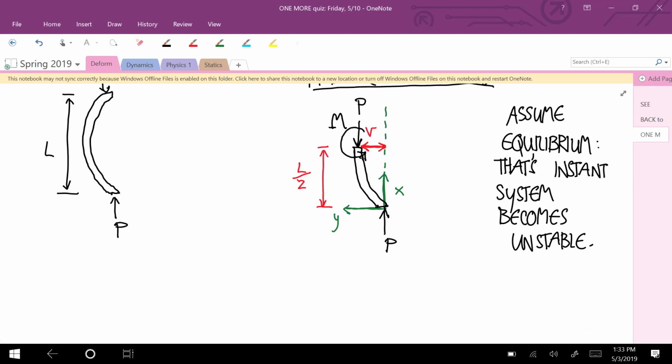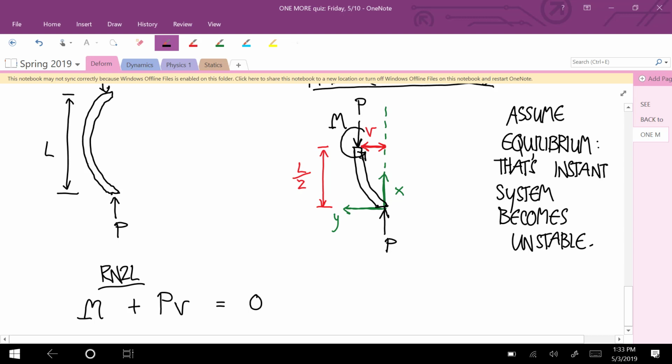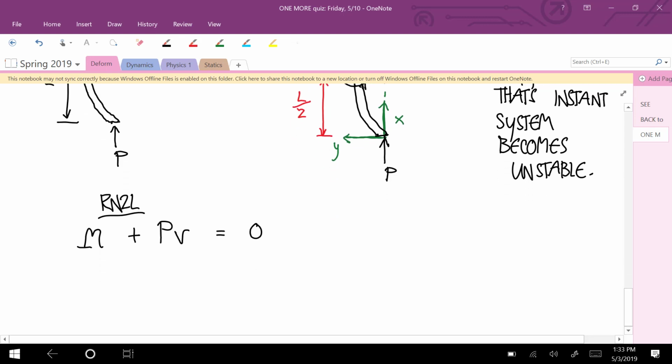And so rotational Newton's second law says the couple plus the force times the deflection is equal to 0. Okay, so now we have two variables in that equation. How are we going to express this in terms of a single variable? And where the derivatives come in